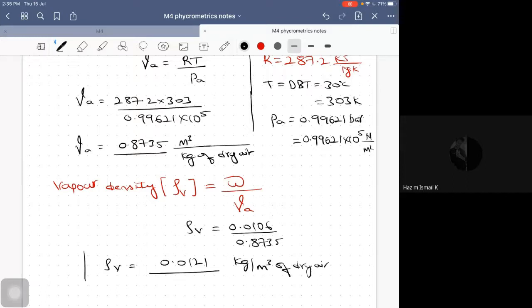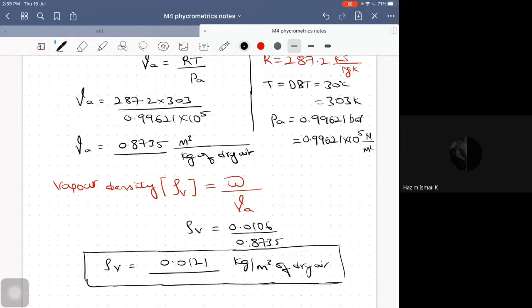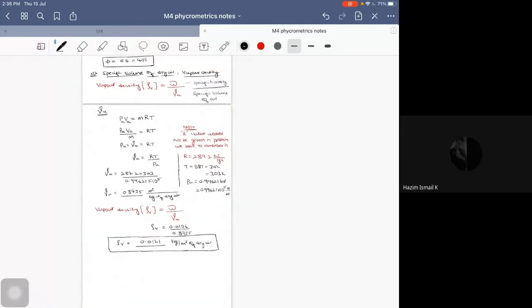So put it in a box. You have to put a box for those values which are being asked in the question. No necessity to put a box for every value that you calculate. Follow this common rule in every numerical subject. Put a box for that particular value so that your evaluator will come to know that the value he is looking for is here. So vapor density was asked, isn't it? So I have put a box for vapor density there.